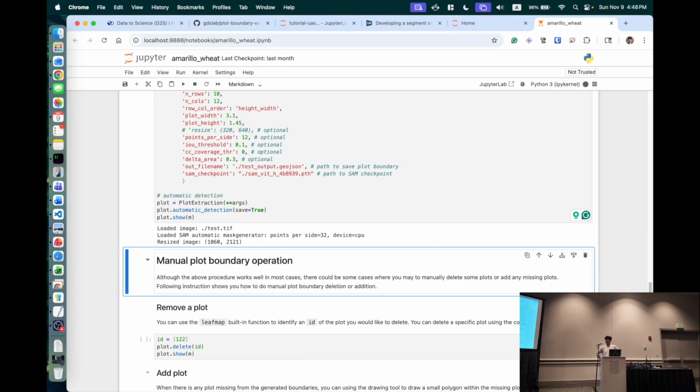We're just clipping these images. They just resized it. And this one is on a Mac. The Mac GPU is not supported yet, I believe, in PyTorch. So I'm running this on the CPU. It initializes the seed points. They're just working on this plot boundary detection right now. If this were a GPU, probably by now I'd have the result, but I'm running this on a CPU. It'll take a bit longer, and you'll see how good of a job it does. I've never run this algorithm on this specific flight, so I'm hoping that we are going to get some good results.